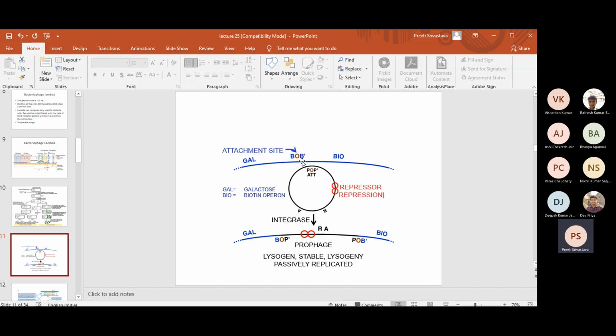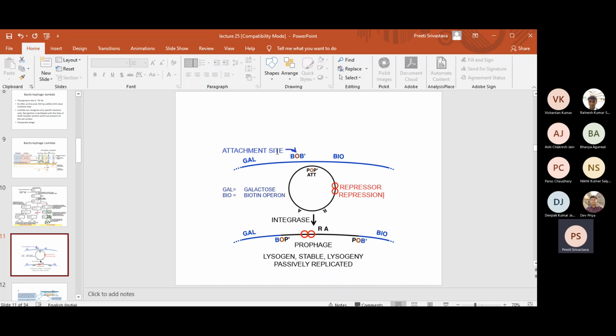BOB' is actually, B is for bacteria, and O is the att site, which is approximately 15 base pairs in length. Class, you need to understand this carefully, because people have developed lots of new cloning technologies and integration methods using this whole idea of lambda being attached to the at sites. So try to understand this carefully. In the bacterial chromosome, which is shown in blue, the at site is flanked by gal and bio genes.